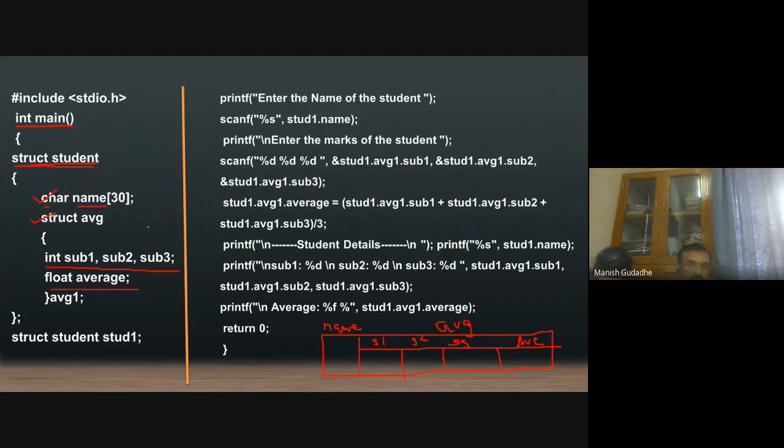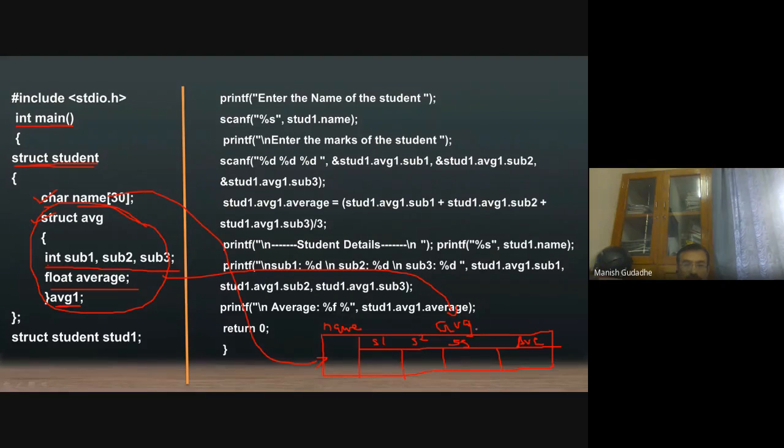This structure is declared and defined inside the function. This whole will be this one, and this character name will be this one. This is average, but a variable for that average is created, that is AVG1.